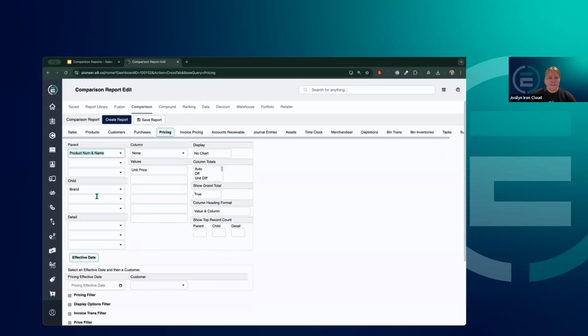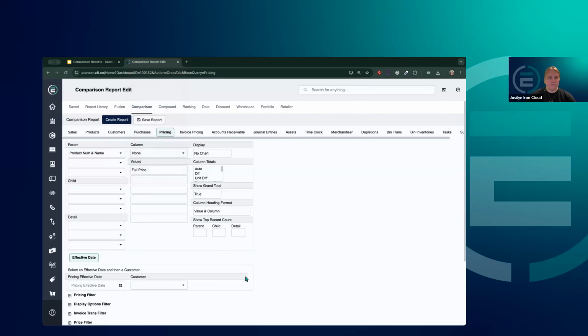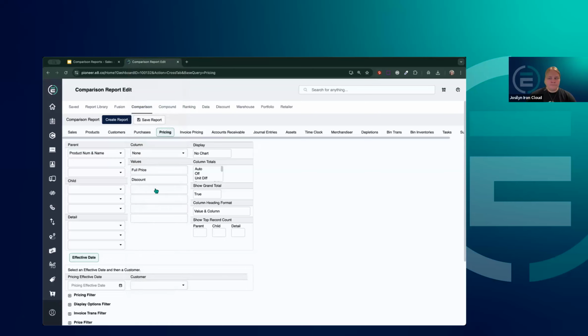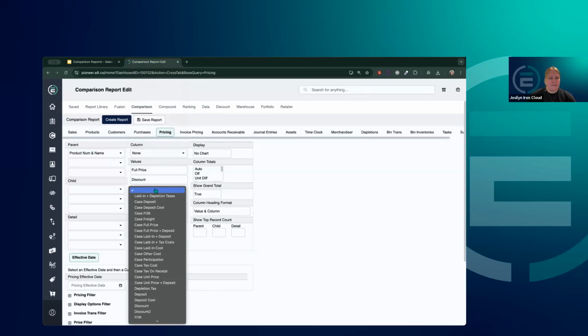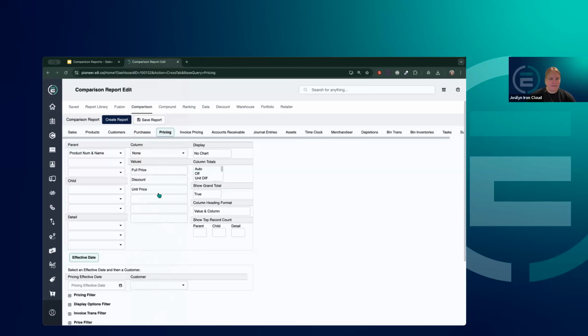All right. I don't necessarily need another grouping here. I just want to see all of the products. And my values, we'll put a few pricing values in here so they can see the full picture. So I'll start with maybe the full price of that product. See if we have any discounts on that product. And I do have a discount field here. And then what's the unit price? So that full price and the discount. At the very bottom, I've got a unit price. So show me the full picture, the full price, any discounts available, and then what that unit price would be for the